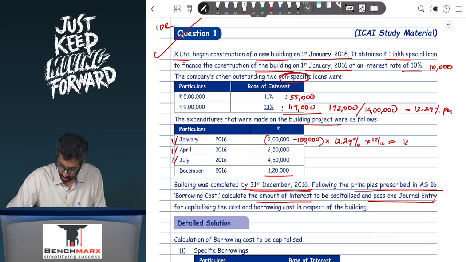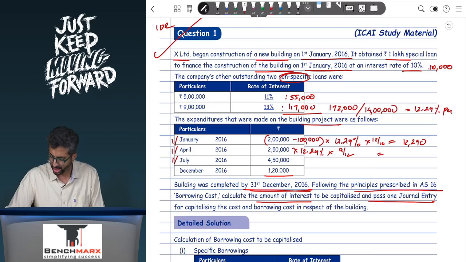into 12.29%, so this is 12,290. Then 2 lakh 50 into again 12.29%. Sometimes the institute calculates something called the average annual expenses. You can do that if you want to. I personally prefer doing it separately. So into 9 by 12,